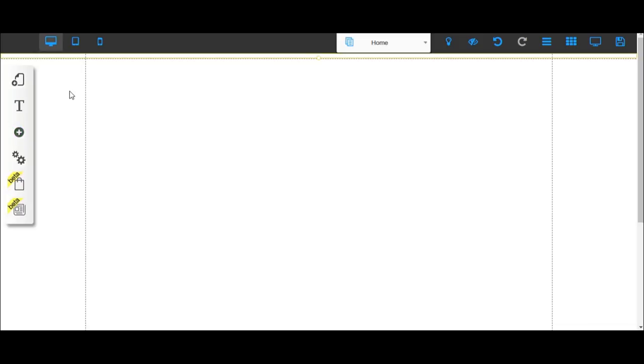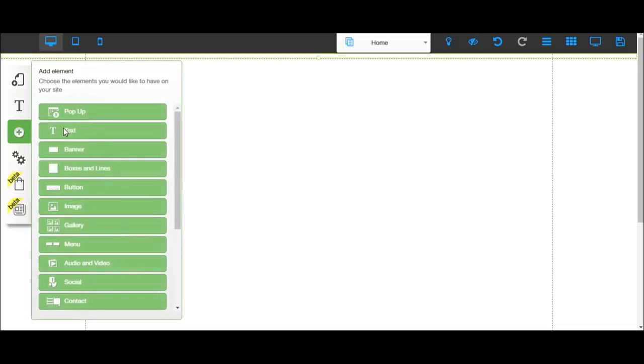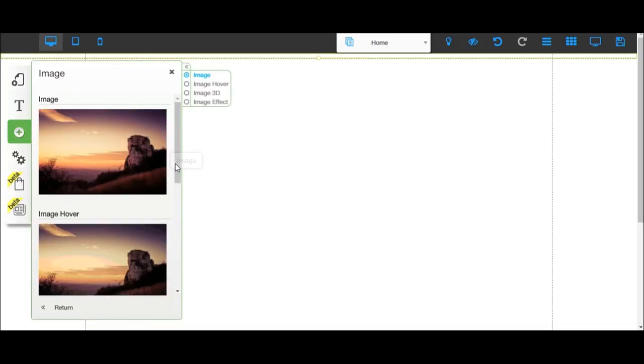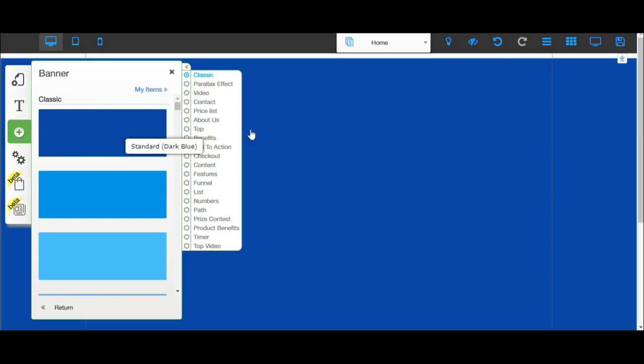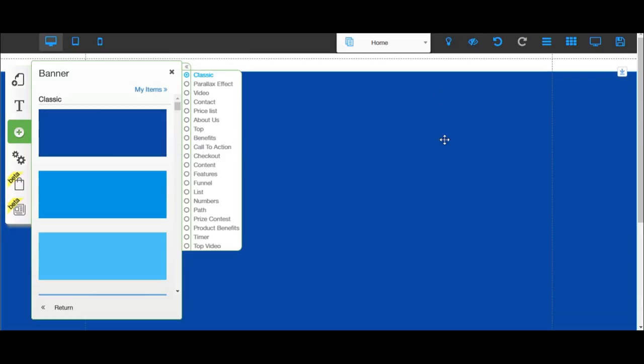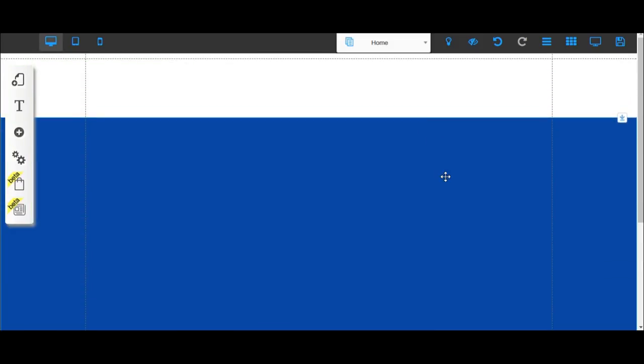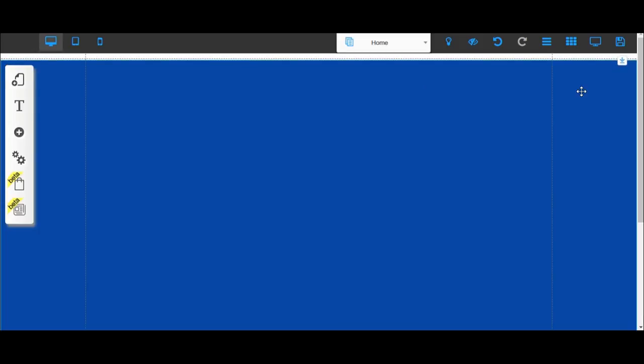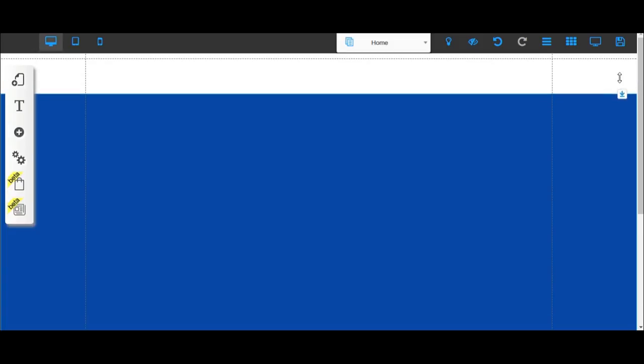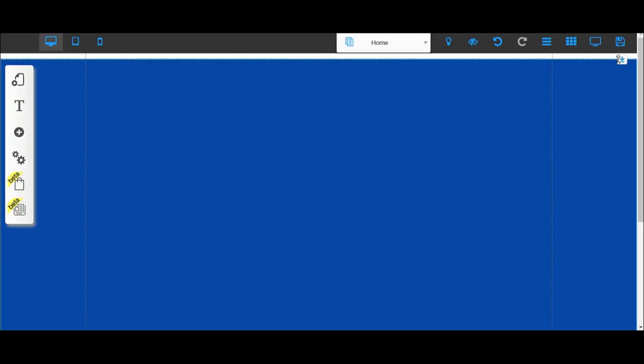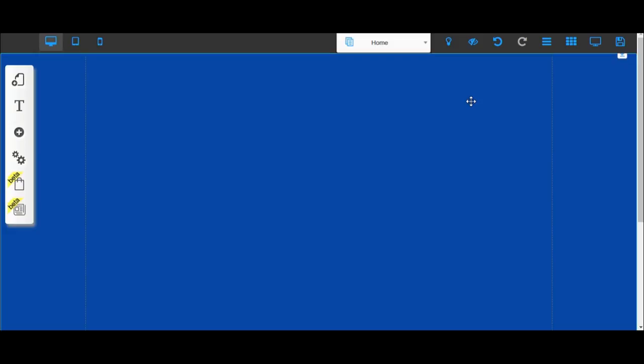So yesterday we changed the color of the background, if you remember. We changed the color up here. Today we're going to add a banner and we'll change the color of the banner. So we click on the add here, select banner, and just choose any banner. So you can see I can move the banner around the page. As we noticed yesterday, this little icon here, if I click and drag on that, it would drag everything that's beneath that element. I'm going to move this banner up to the top of the page like this,